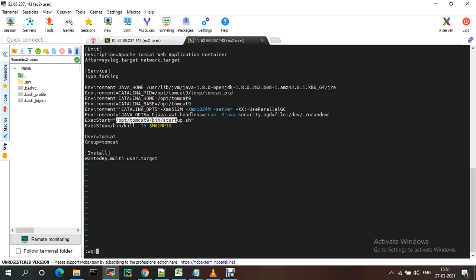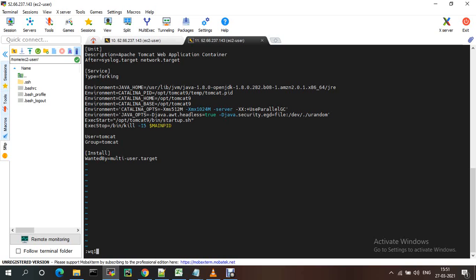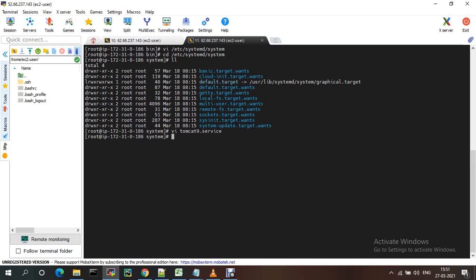After that, you need to remember we have a user Tomcat and group also Tomcat. Currently there is none. Let me stop that one and create a user.